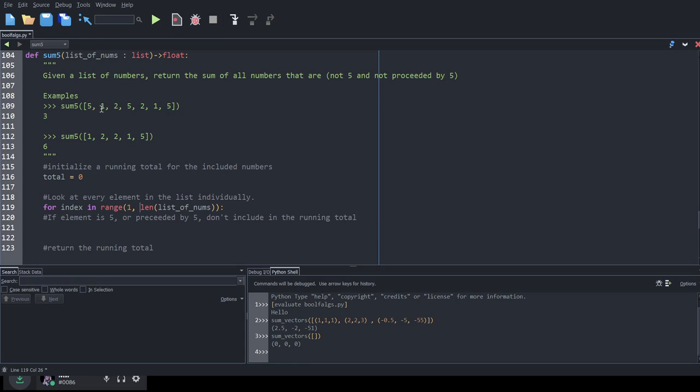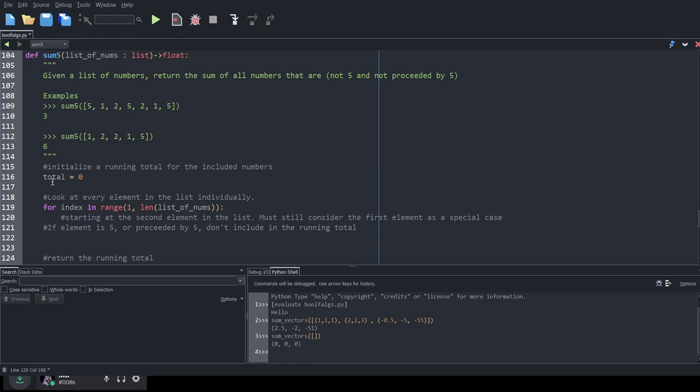So it will start off at the second element in the list and then onwards. But since we're starting at the second element in the list, we must still consider the first element as a special case.